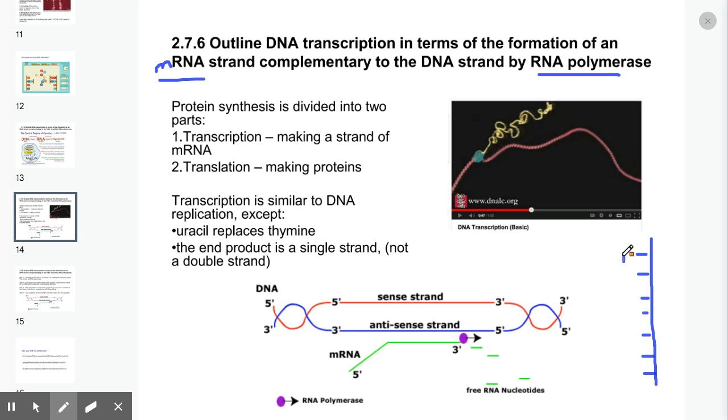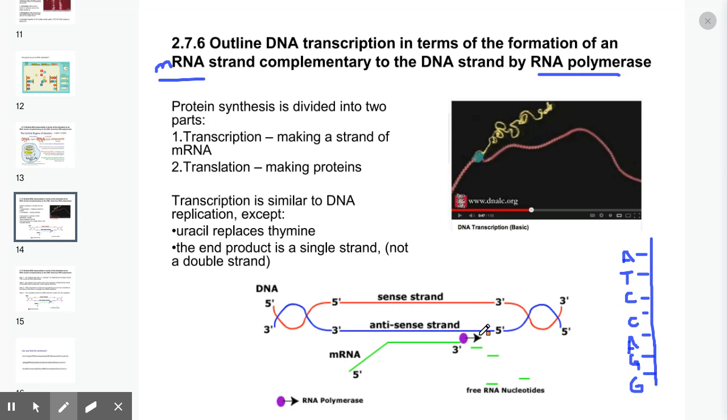So I'm going to put some nucleotides here. Our bases are A, T, C, another C, A, and maybe a G, and another G down here.